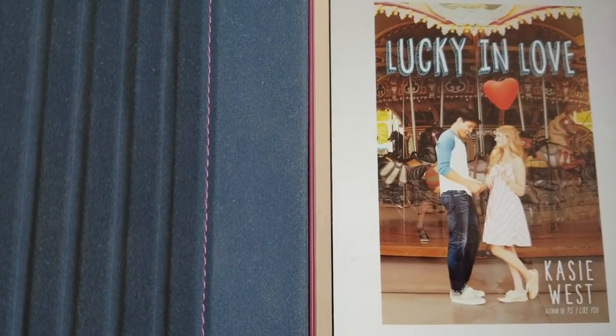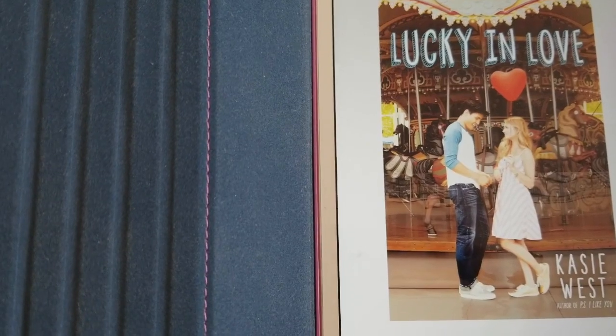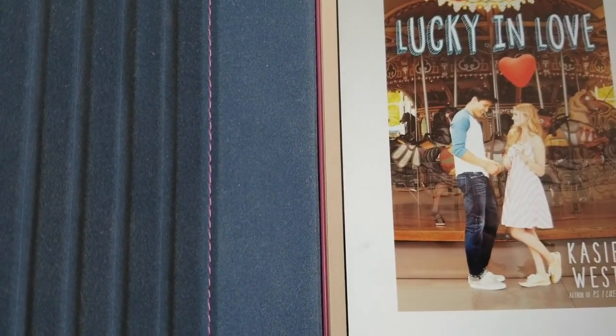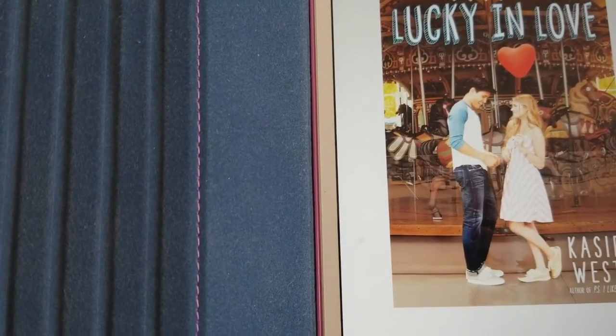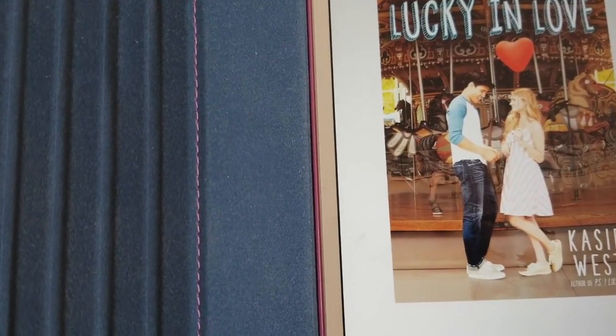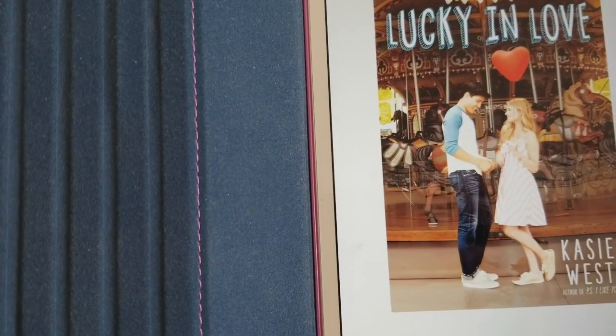And Lucky in Love by Casey West, which I did read as an ARC, and I reviewed it sometime last year, and it was really cute. I have all of Casey West's books on my Nook because most of my contemporary stuff is stuff that I purchase as ebooks, and I tend to purchase print copies of fantasies just because I only have so much space, and fantasy covers tend to be my favorites, and they have maps